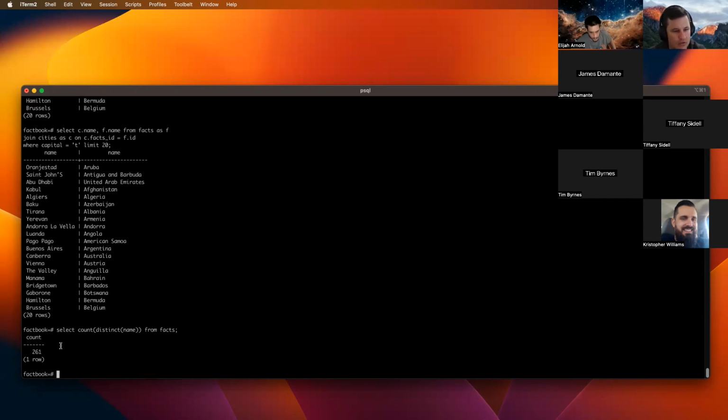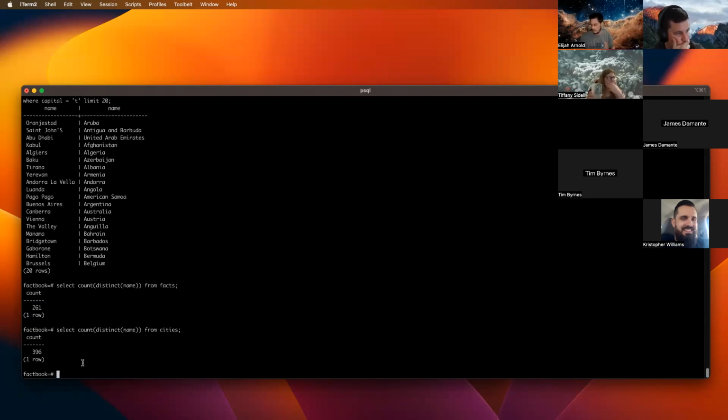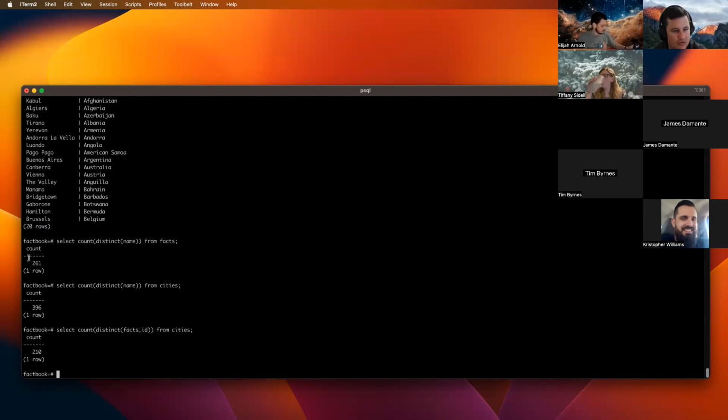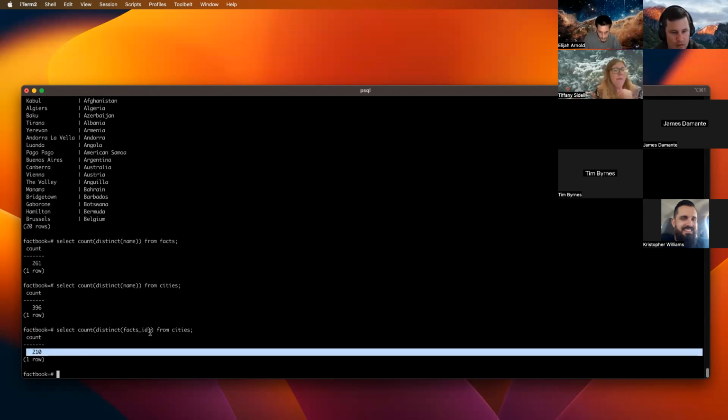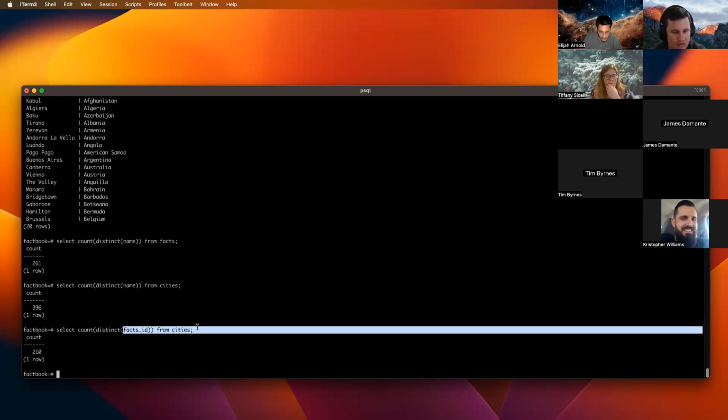We see that there's 261 of those, and if we want to know the distinct number of, oh, sorry, the distinct number of countries represented in the cities table. So this tells us there's 261 countries, but then there's only 210 of those countries that have cities in the